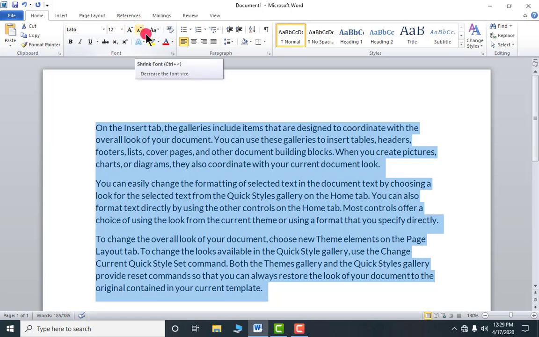Next one, this Aa, it is called change case. It will help you to change your case. Like, look at the text selected. Keep in mind, whenever you are trying these things, your text must be selected. Now look, by default your text is in sentence case, meaning on the first line the first word is capital, the rest are small, and after every full stop the first word will be capital. Okay, as your English suggests.